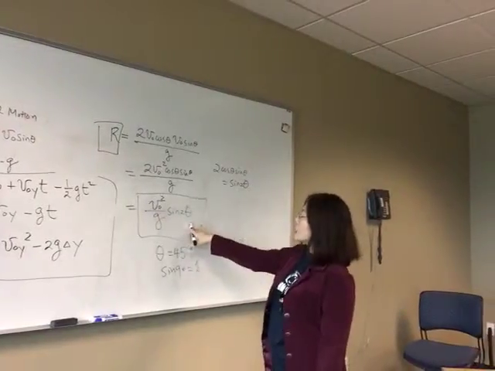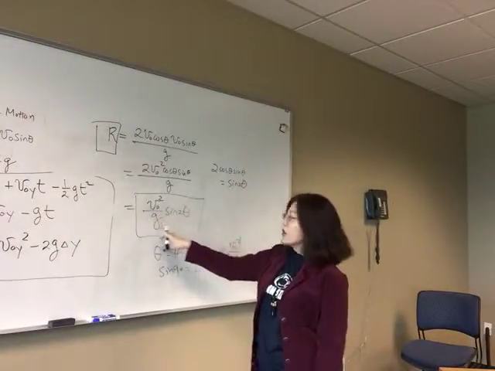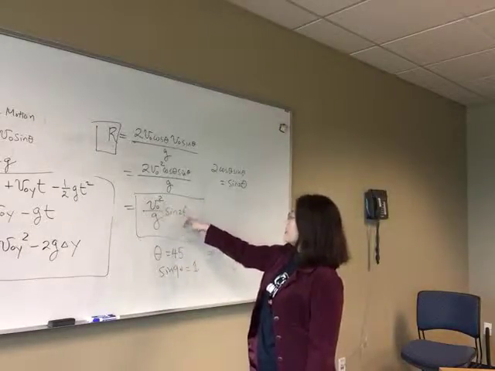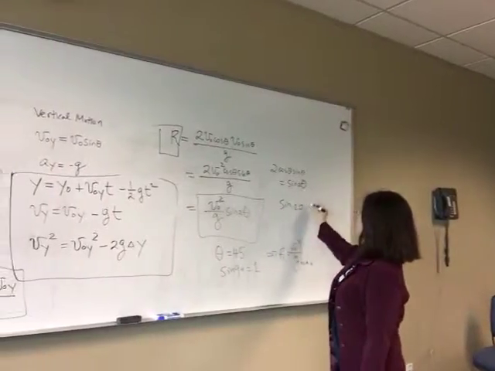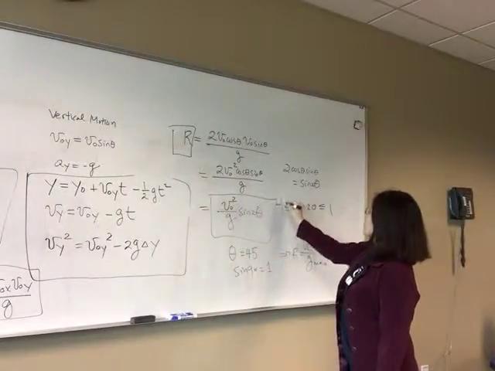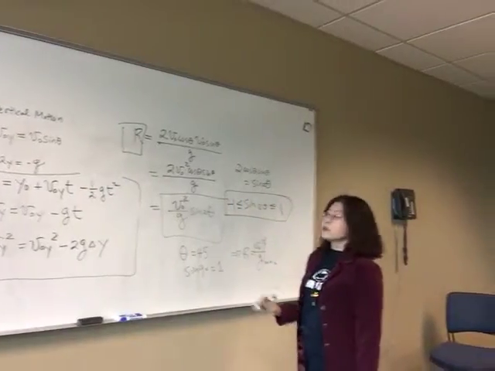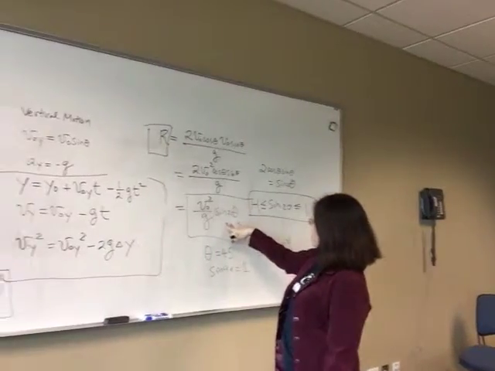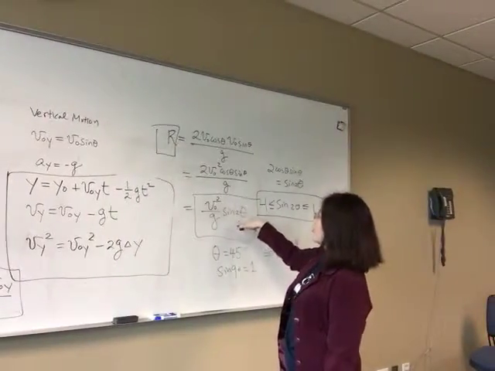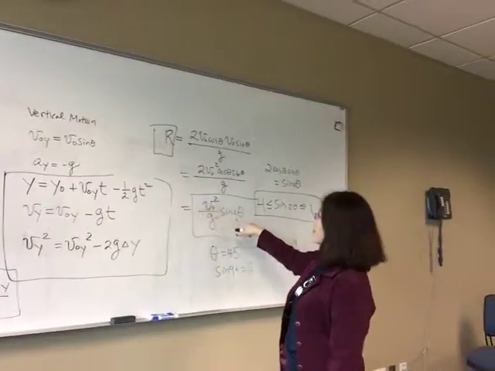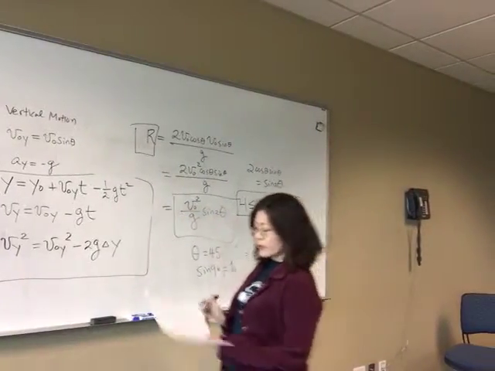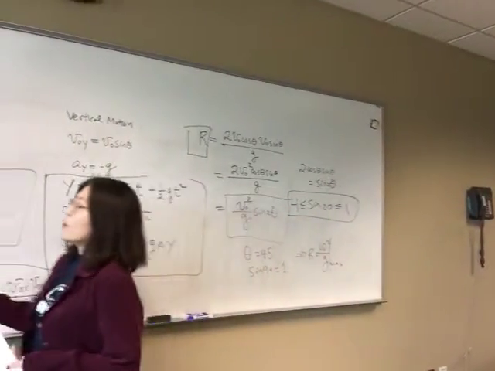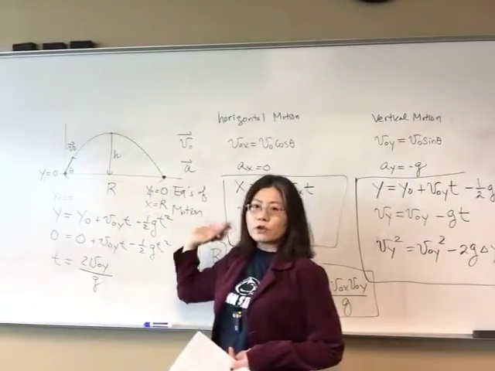That will give you the maximum value, because any other angle will give you a value smaller than V naught squared over g, since sine 2 theta is confined within this value, right? So if you have 50 degrees, when you plug it in, your R value will be smaller than when theta is 45 degrees, okay? And that becomes very useful when you want to design something and hit a target, and you want to have the maximum